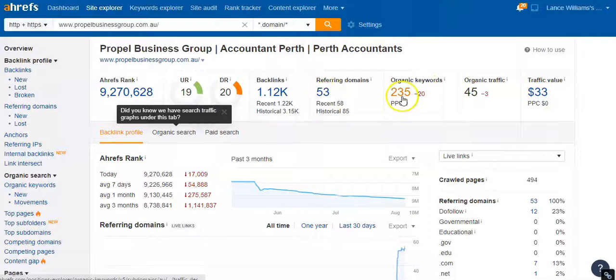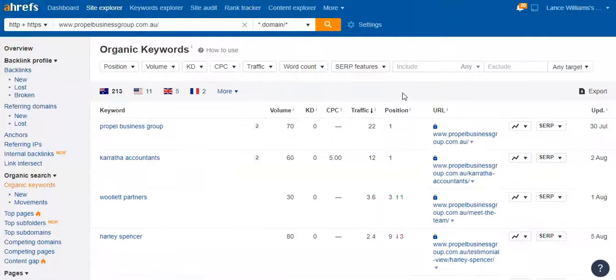So in regard to the keywords, that's really important with the content. If I was to have a quick look at your keywords, which should be well and truly embedded into your content,